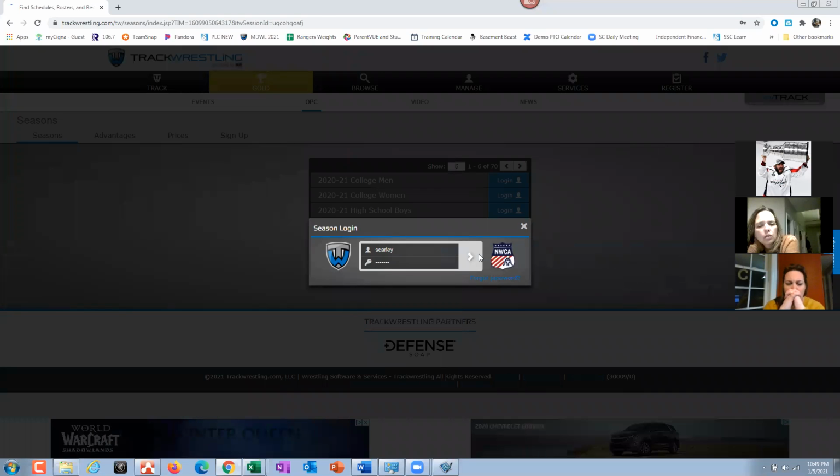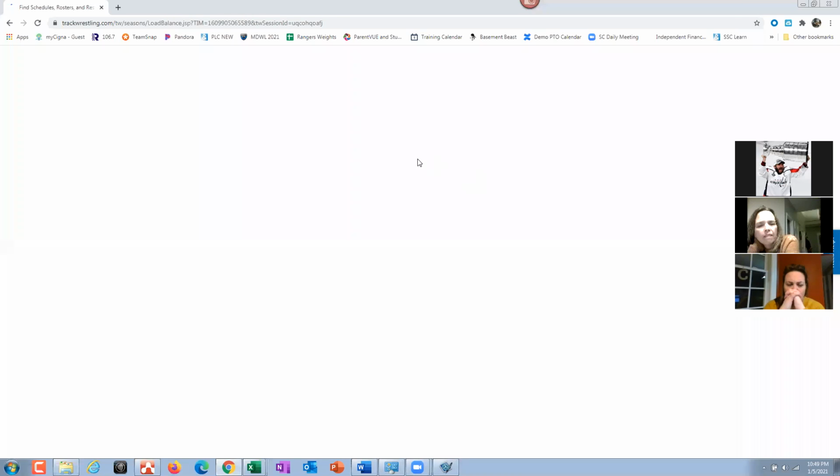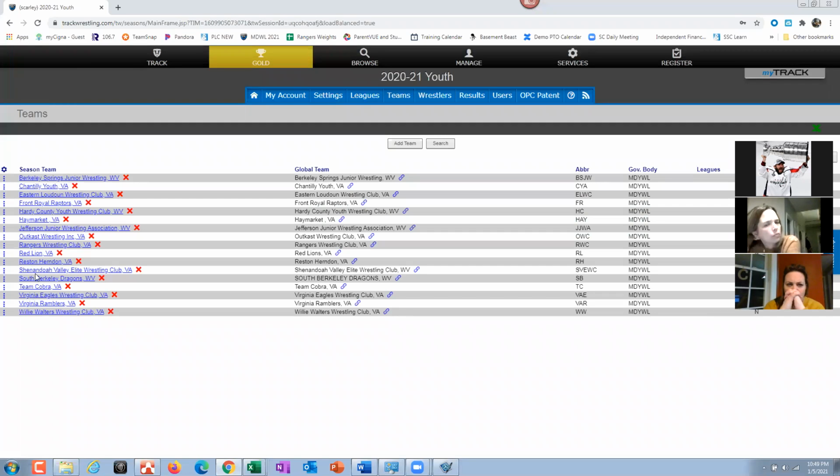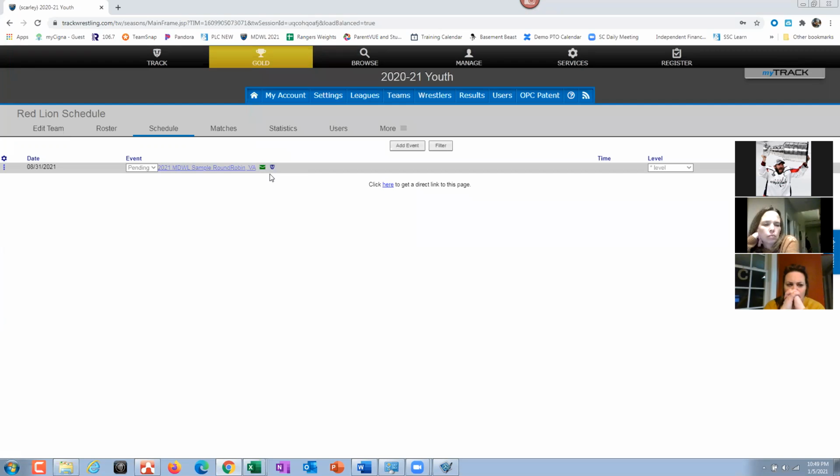Of course, I have 2 different passwords for these. It drives me nuts. So now when I go to Teams, I go to Red Line, you'll see the green arrow. So you don't really technically have to make them a statistician. You could just do a bunch of generic ones. I've done that.